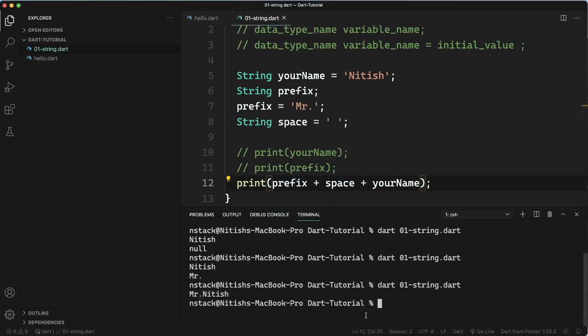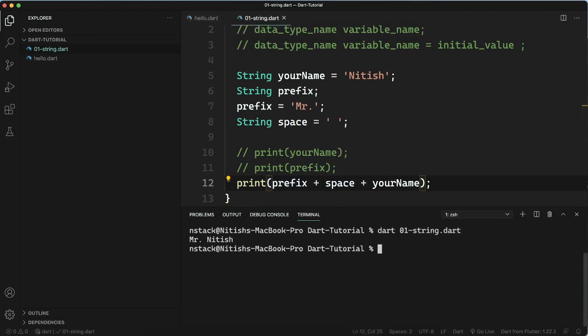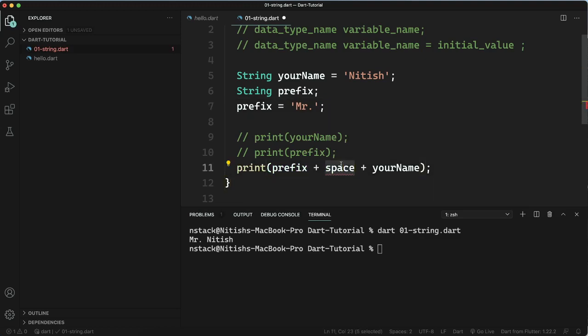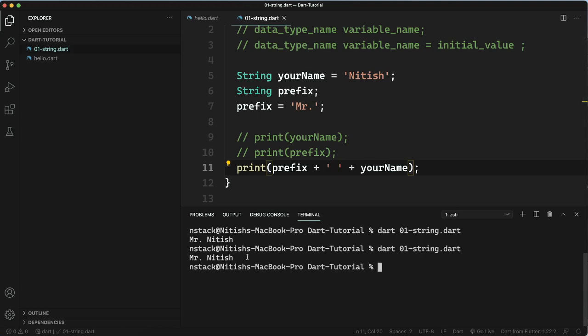So now if I run this, I get the space. Can you see? I got the space. So this is not the best way. Instead, we can remove this space. Now we are getting the error here. So we will directly write the string here and give a space. Still this is going to give us the same output, but this is another way. So you can see with some other way also we can get the same output.